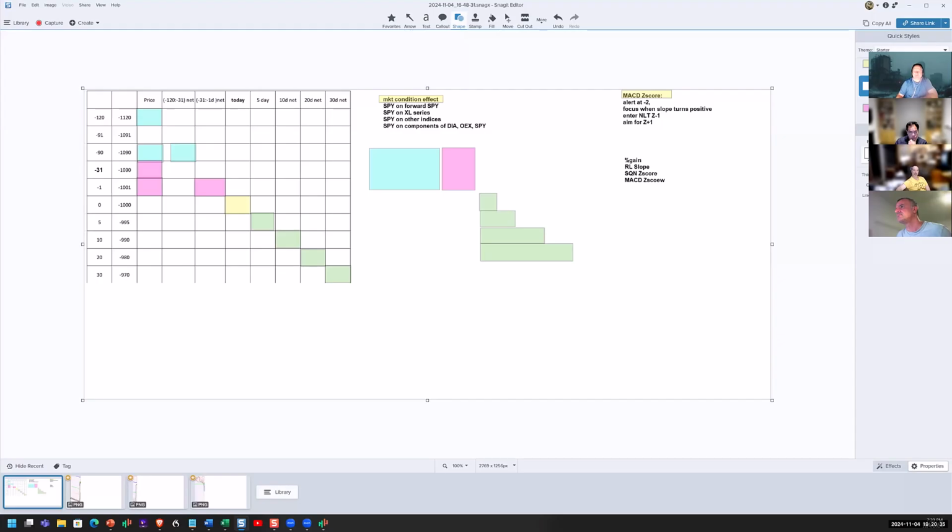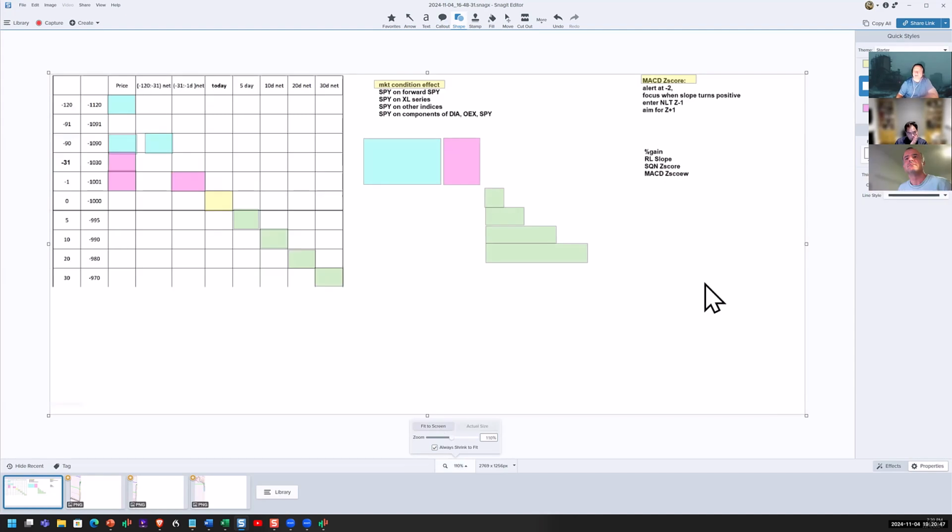Okay. Yeah, so among the first things that we're going to do is go back 20 years. And the first thing that we're going to check is the effect of market condition on future market returns. And what we're going to do is take a look at